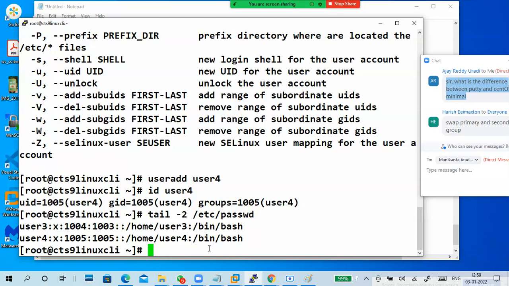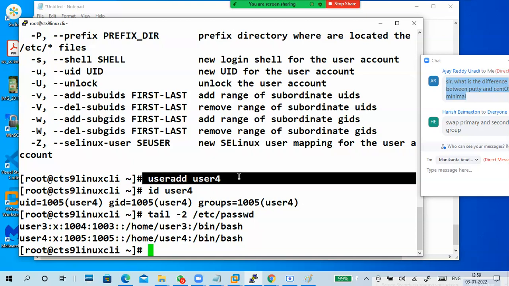I want to change the username. There is a problem, guys. So how to solve it? By changing the name. Okay with this?